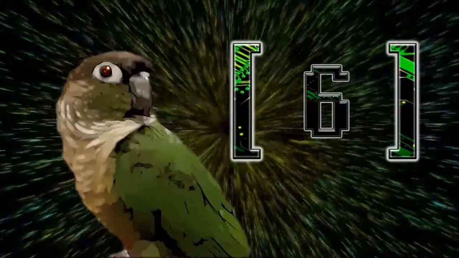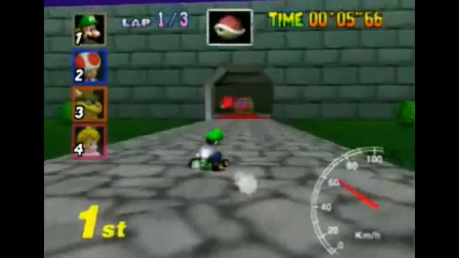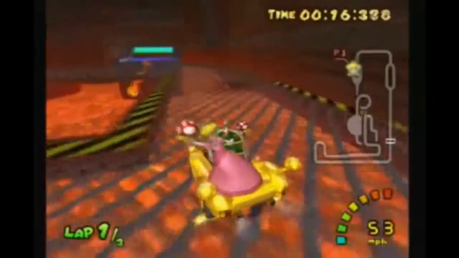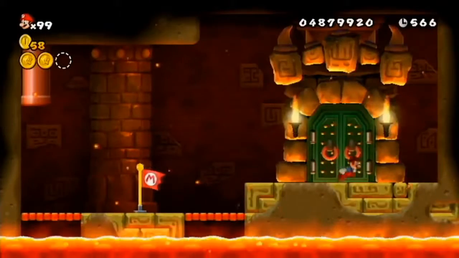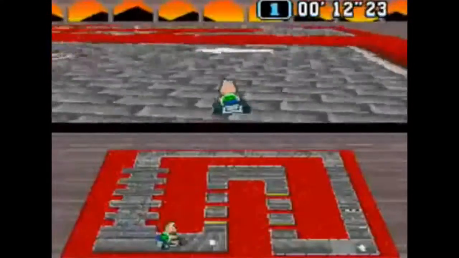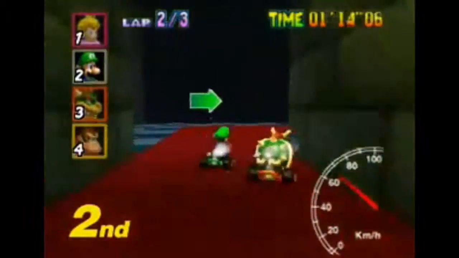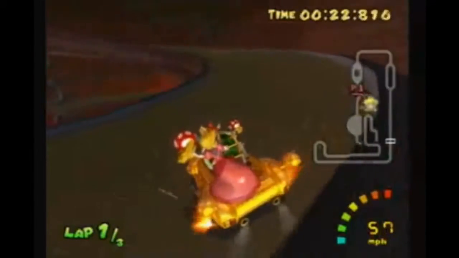Number 6. Bowser's Castle has endured Mario game after Mario game as a staple that brings the series together through each succeeding iteration. This fact is no different when applied to Mario Kart. Bowser's Castle serves as an anchor point in the series, reminding you of just how much you really do love